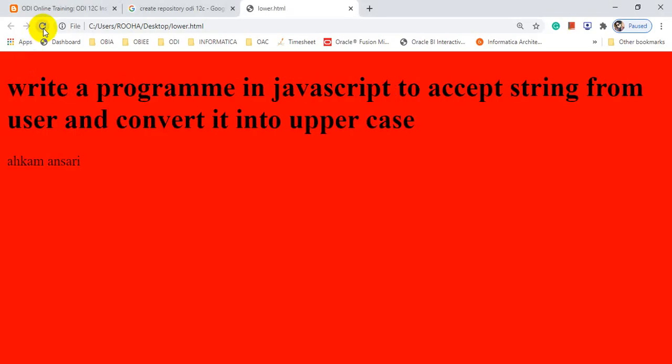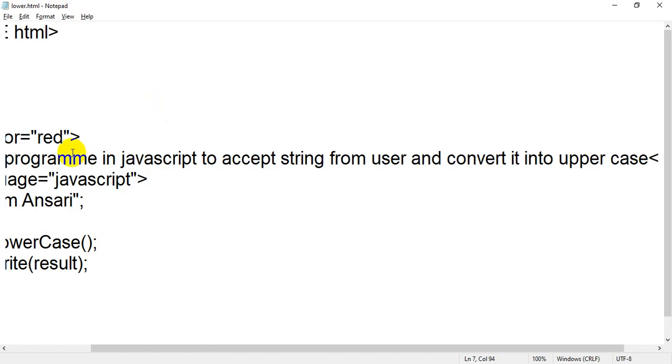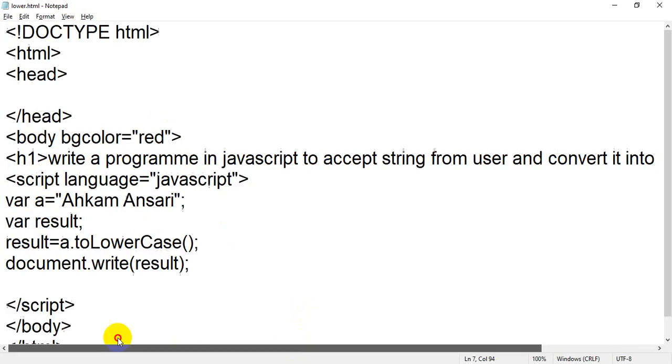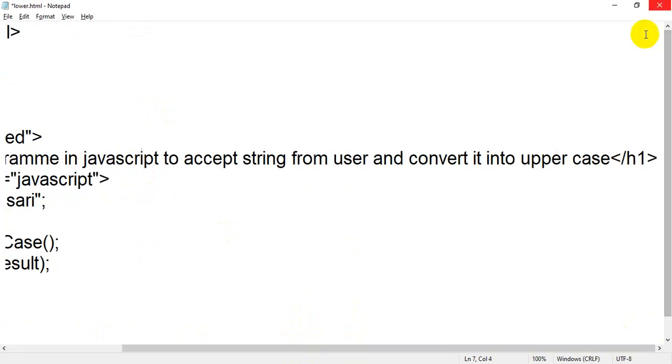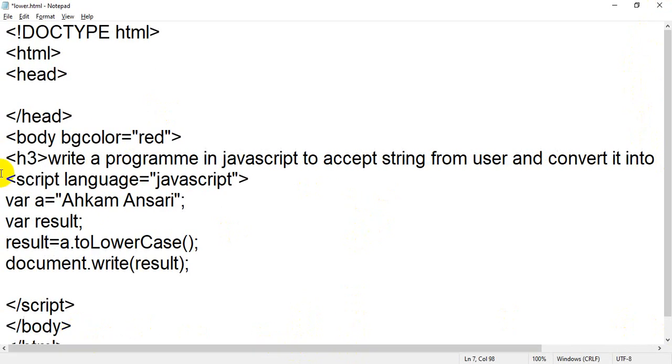Okay, let me refresh. Now you have a question. Let me change to H3 because its size is very high, and let me add one more thing, that is a question.